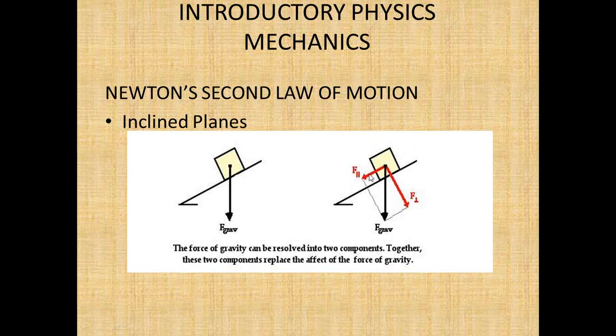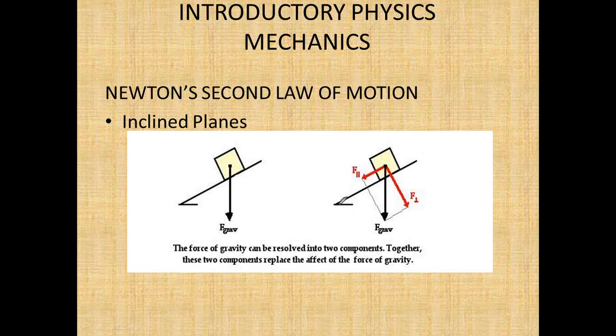Okay, this is 90 degrees right here. Force due to gravity is the hypotenuse. This is the parallel component of gravity, and this is the perpendicular component, perpendicular to the surface. So when we talk about parallel and perpendicular, it is to the surface, the inclined surface. Okay, so say for instance, because this portion is very important,